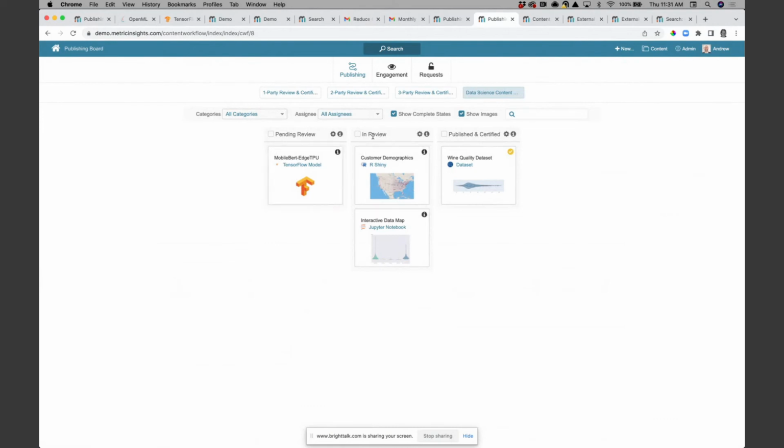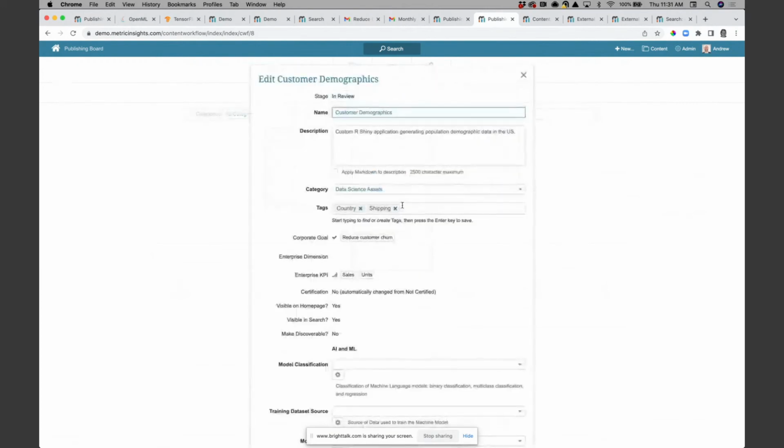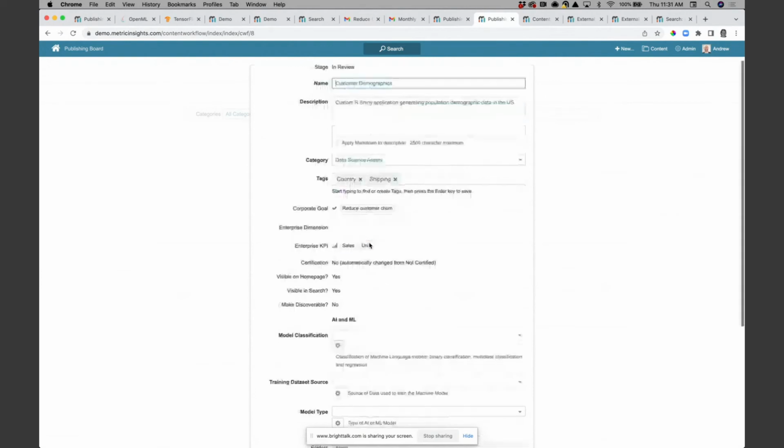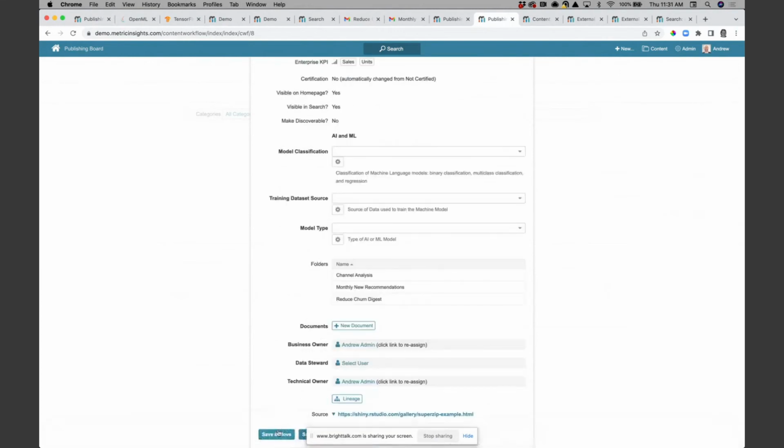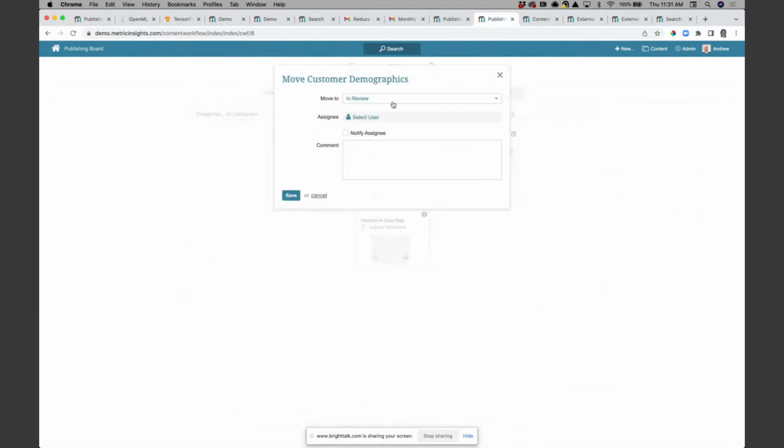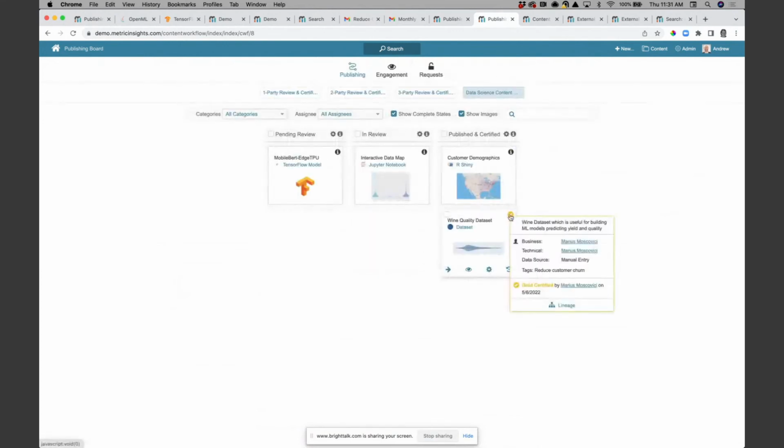I can move it into a review stage where, again, users may be responsible for looking at the model and signing off on it, but also potentially tagging it, associating it with business objectives, classifying it in the appropriate way, and ultimately saving and moving that into a published state so that it is certified and tagged appropriately and documented appropriately for the end users.